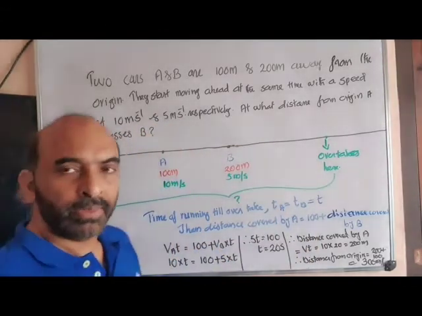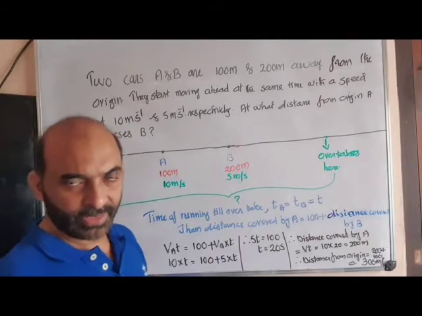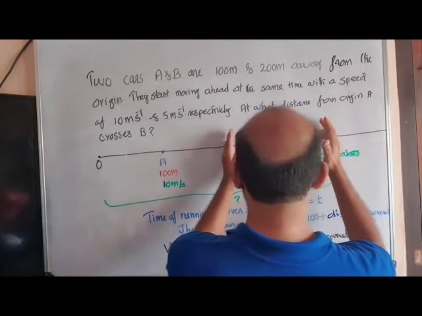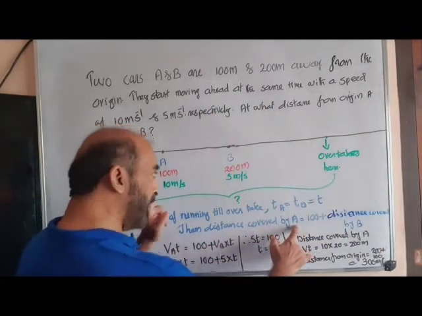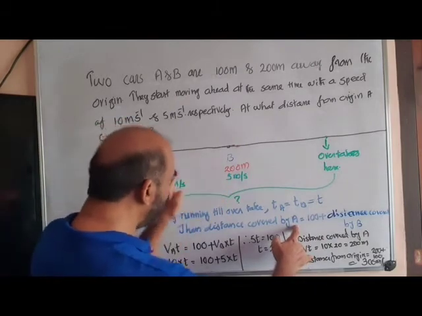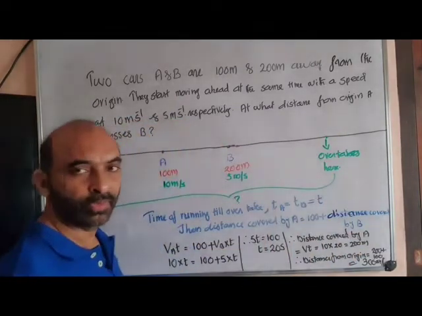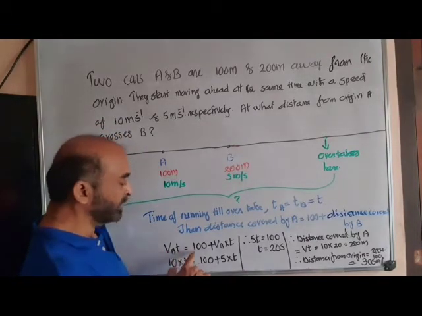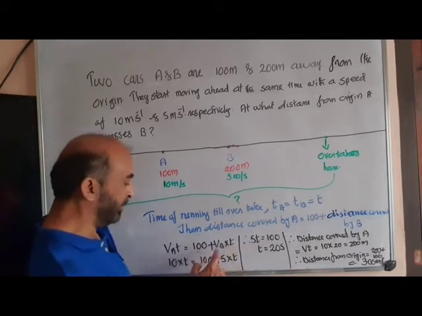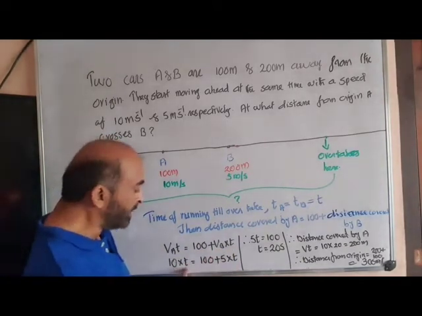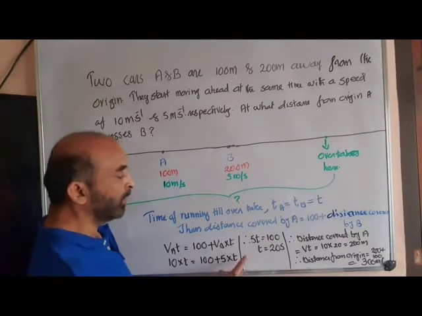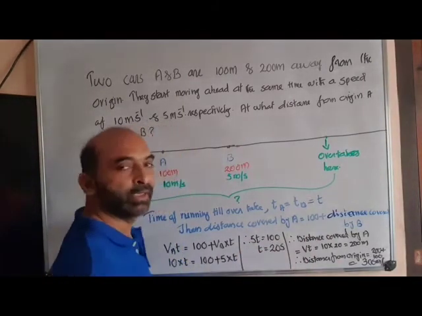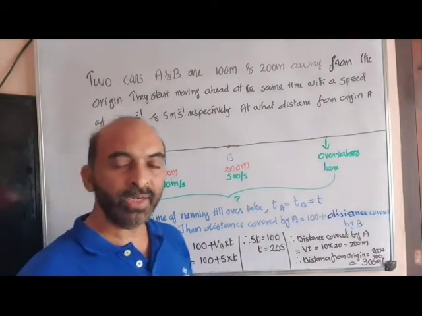Then, see, at the time of overtaking, the distance covered by A is this much, and the distance covered by B is this much. Then, the distance covered by A is 100 plus the distance covered by B. Now, what is the distance covered by A? Speed into time is equal to 100 plus B's speed into its time. But both times are the same. So, 10t is equal to 100 plus 5t. Therefore, taking t terms to the same side, 5t is equal to 100, or t is equal to 20 seconds. So, the whole event happens within 20 seconds.